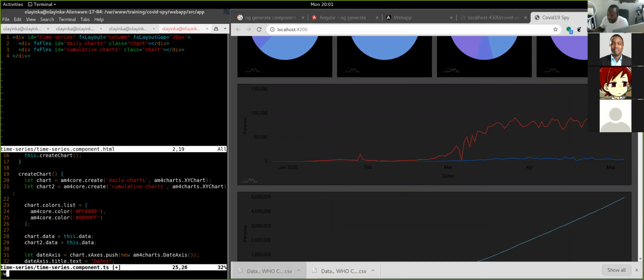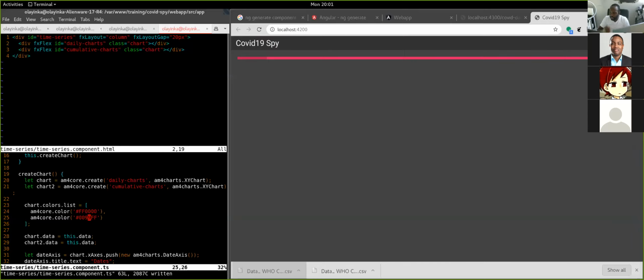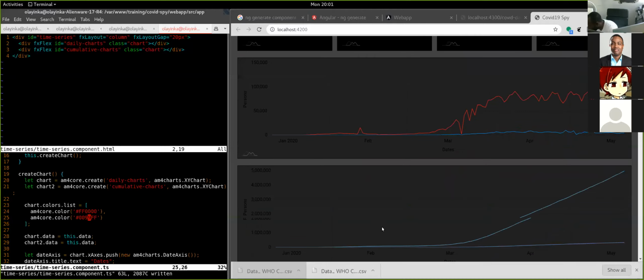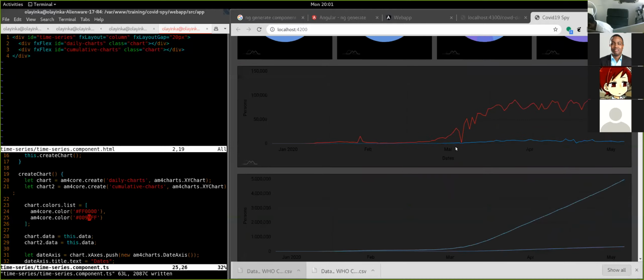Now after 9 is A, so it's 0, 1, 2, 3, 4, 5, 6, 7, 8, 9, A, B, C, D, E, F. And F is 15. So here, I've added some more green to it. Right? If I want to make it brighter, I can add some red to it as well, which will make it a little brighter. So if I go